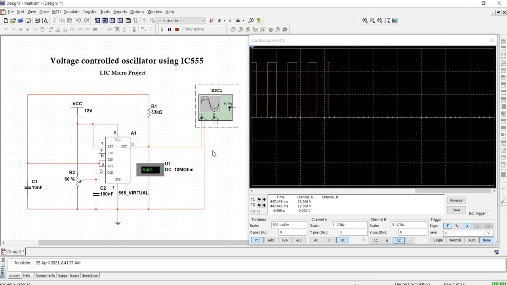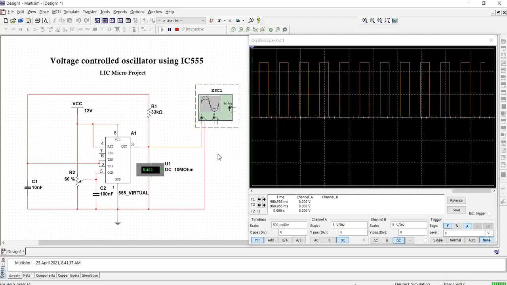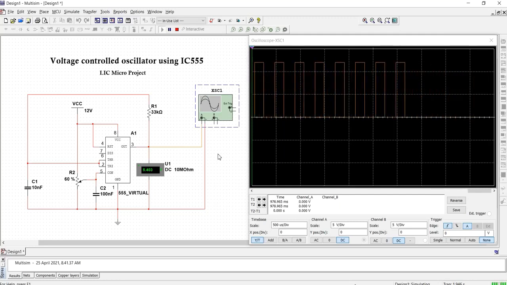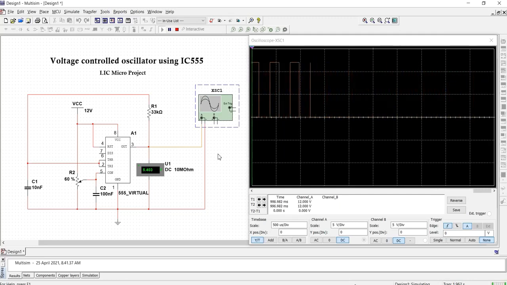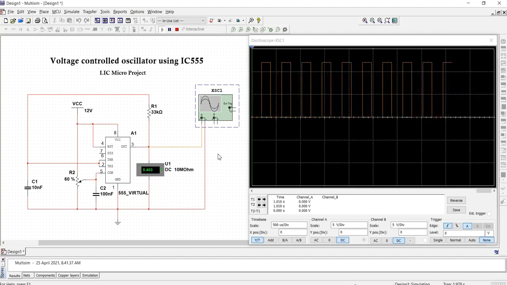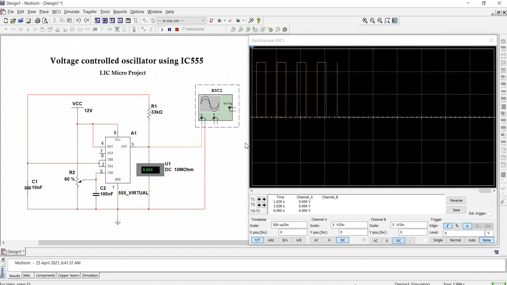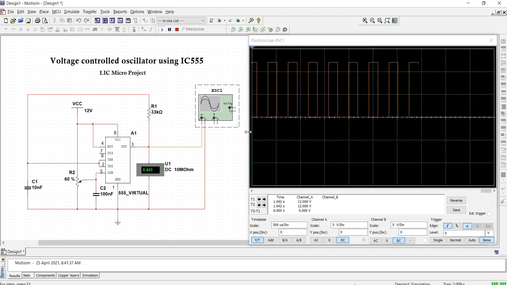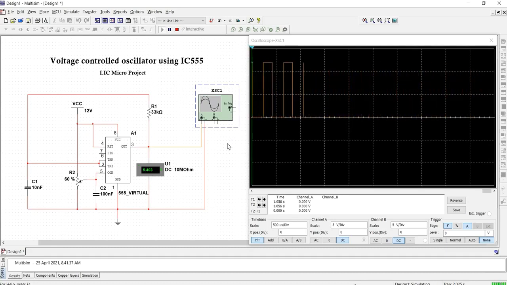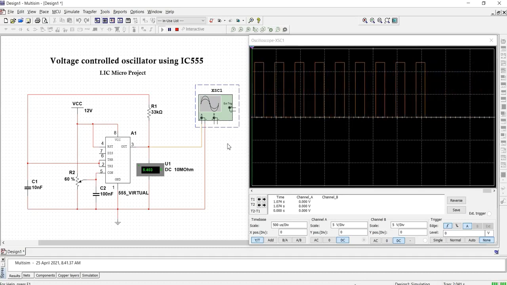The voltage control oscillator is dynamic because we can vary the frequency of the digital signal just by changing the input voltage. So we can get a wide range of frequencies just by changing the voltage. So it's like a variable crystal oscillator.